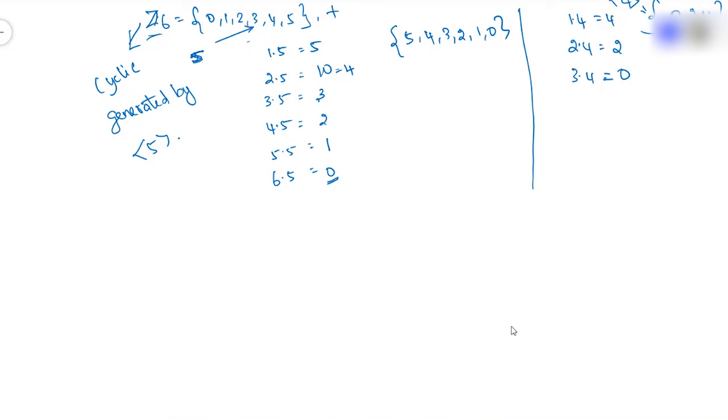For example, in this particular Z6 group, 1 is a generator, and 5 is a generator. Others don't generate. Only 1 and 5 generate this particular group. Hence, 1 and 5 are generators of Z6. Similarly, given any group, you should be able to find its generators. Now, coming to the next definition,